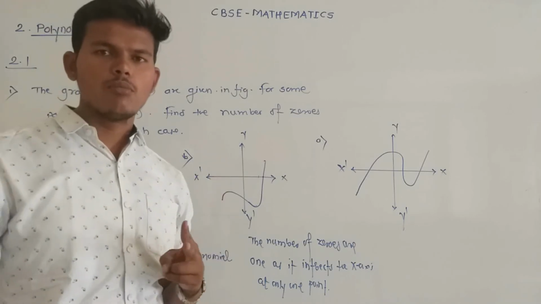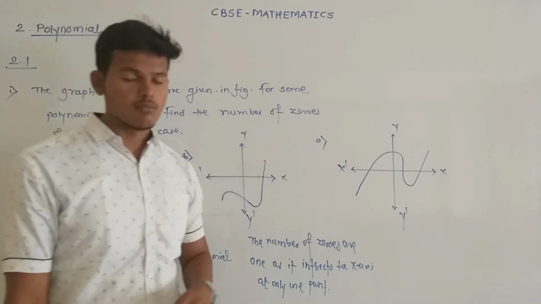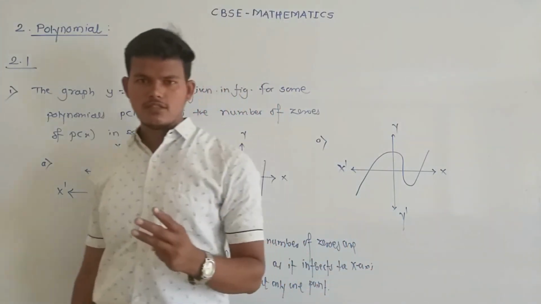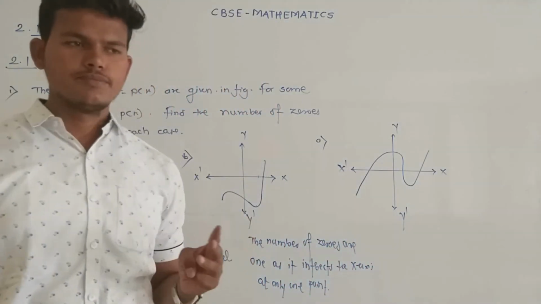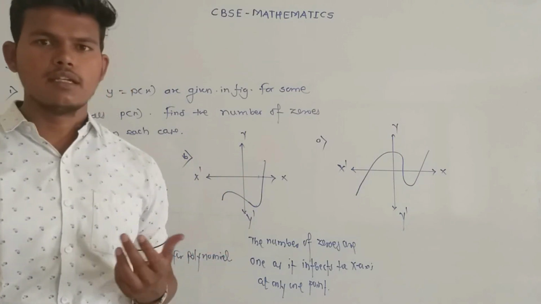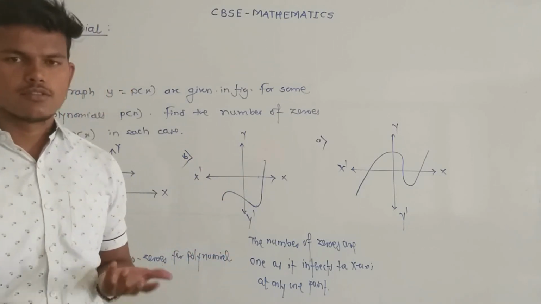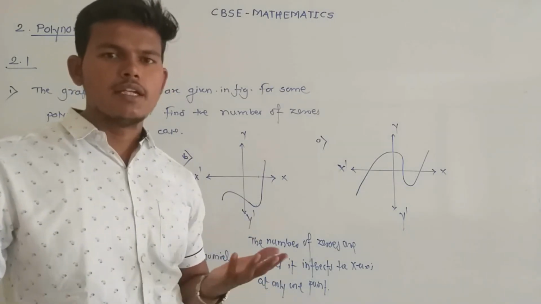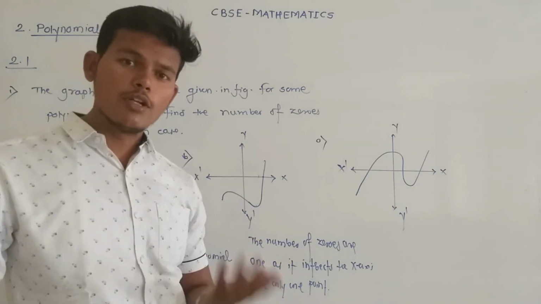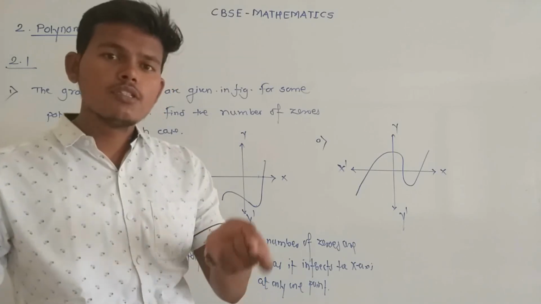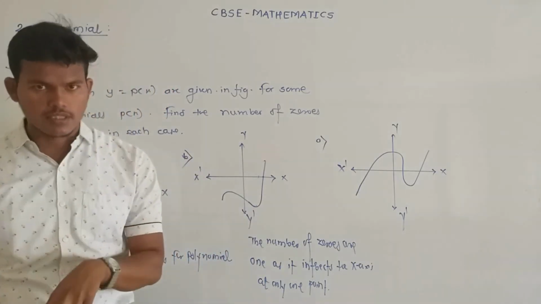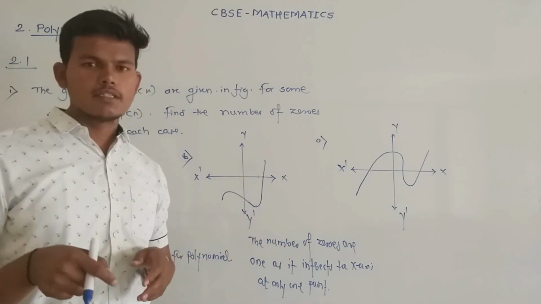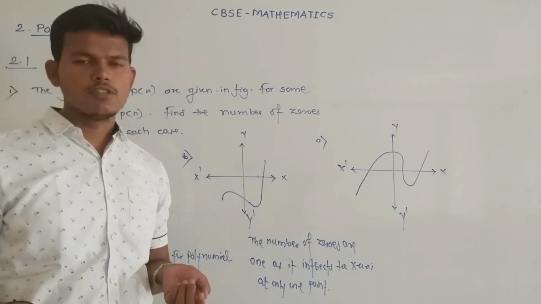For a quadratic polynomial, at most 2 zeros are there. But for a quadratic polynomial, there are 3 cases. First case: the graph of a quadratic polynomial is a parabola, so it intersects the x-axis at 2 points. In the second case, it intersects the x-axis at only one point, but at a coincident point, that is 2 equal zeros are there. And if the graph of a quadratic polynomial intersects the x-axis at 2 different points, that means 2